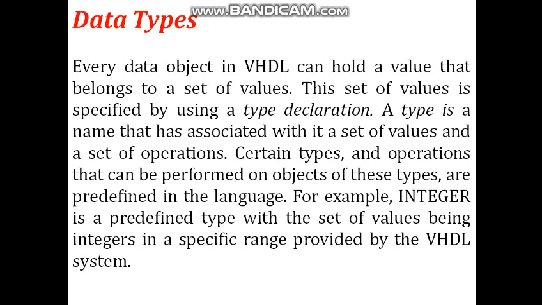Boolean is another predefined type that has the values false or true. As you know, we are using digital systems, so in digital we also use true or false, that is high or low, or 0 or 1, like that. Some of its predefined operators are and, or, nor, nand, and not. That is, boolean operations like and, or, not.